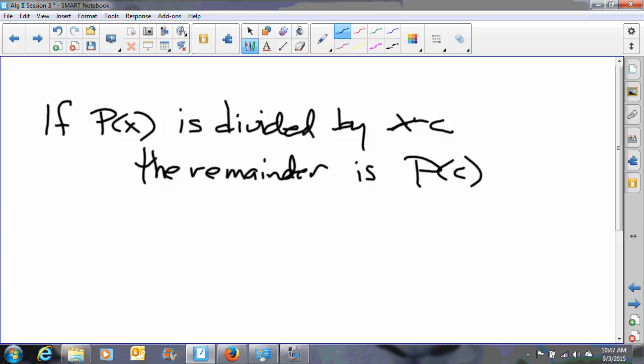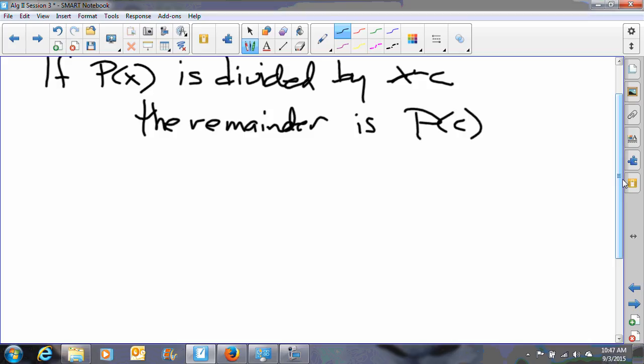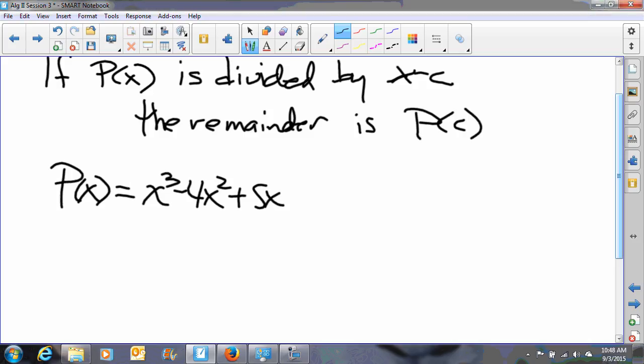Now, to remind you or give you an example of this, let's let p of x be, and we'll just choose something off the top of our head, let's make it at least x cubed. x cubed minus 4x squared plus 5x minus 7. And what I'm going to show you is, let's let c equal 2. Now, the remainder theorem in this particular case says p of 2 is the remainder